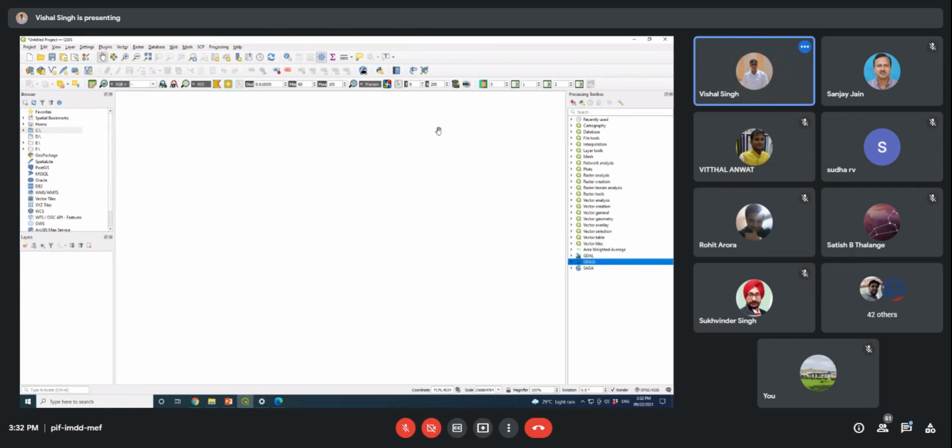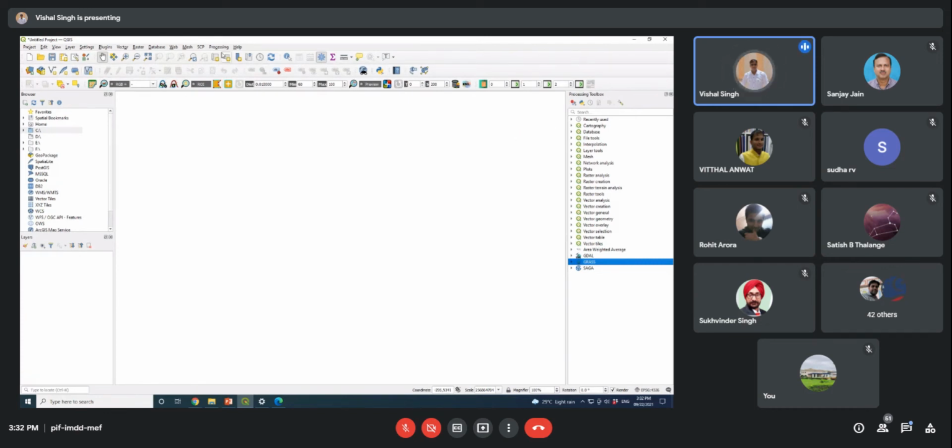Apart from that, in some cases, if you install QGIS, this processing toolbox might not be highlighted here, as you can see. Maybe in your case it is not displaying on the right hand side.